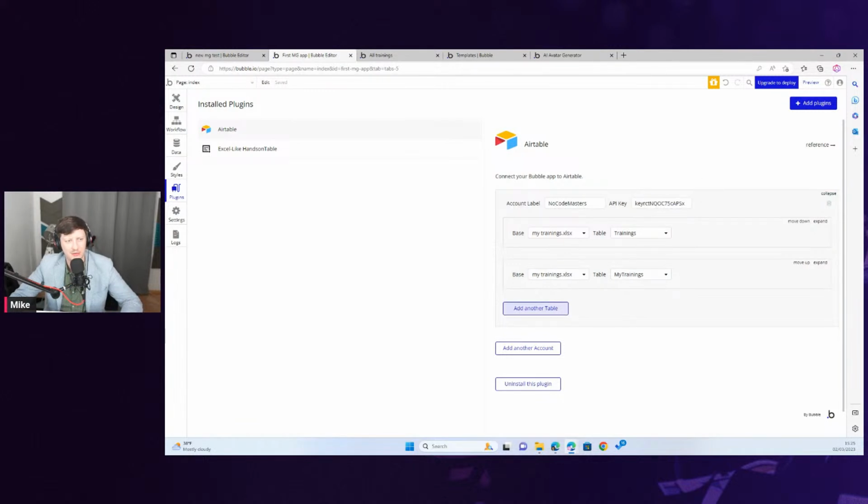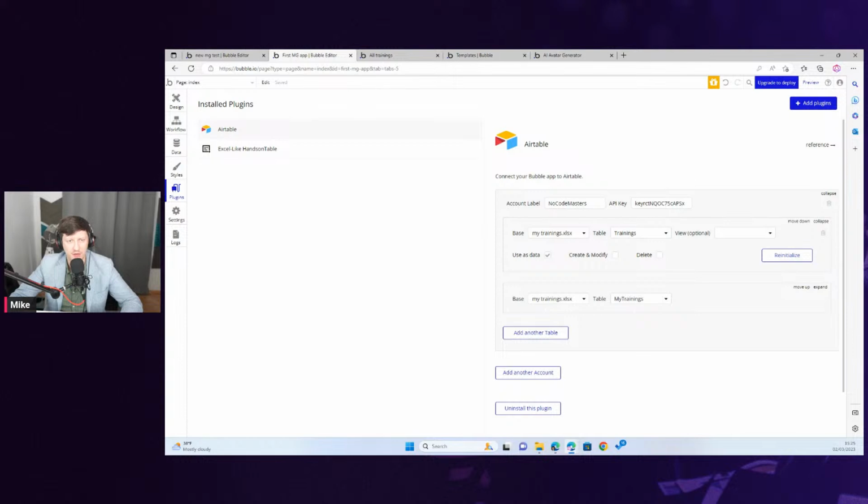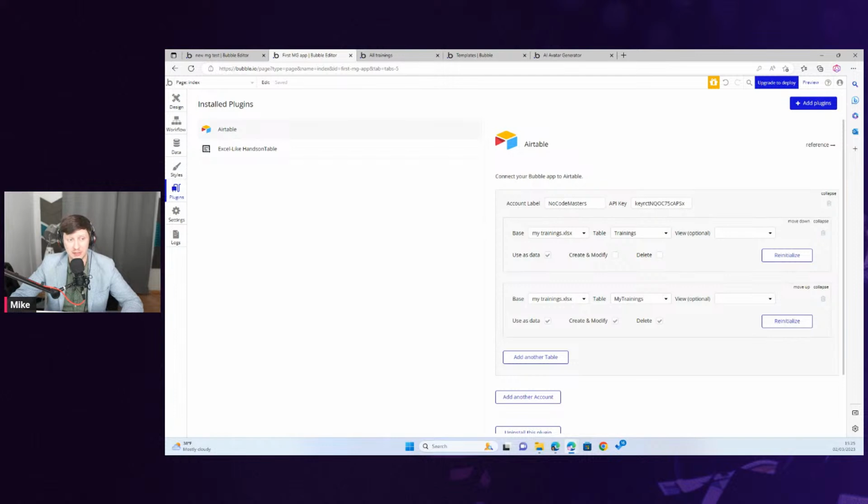I can define which tables I want to connect to. And the interesting thing is that for each connection, I can define what I will be able to do with that table. In this case, I'm only able to read the data, but for my trainings, I want to be able to read, create, modify, or delete. Not very granular control.